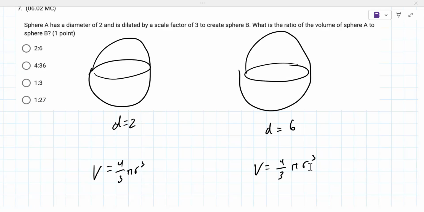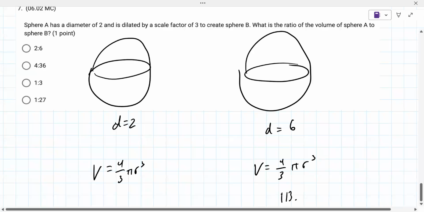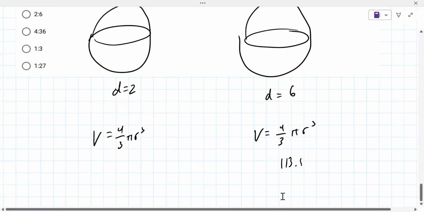Did you get the second volume? Oh, the second volume, yeah, I got 113 point, like 1. Okay, and what was the first one roughly? First one was like